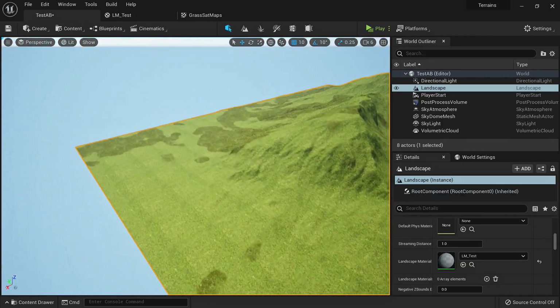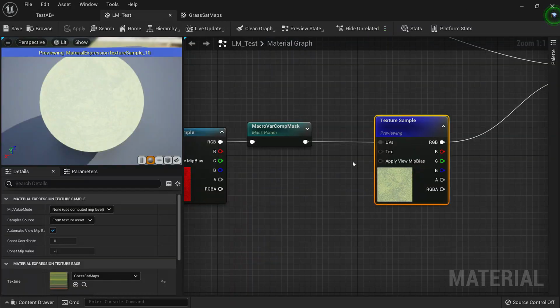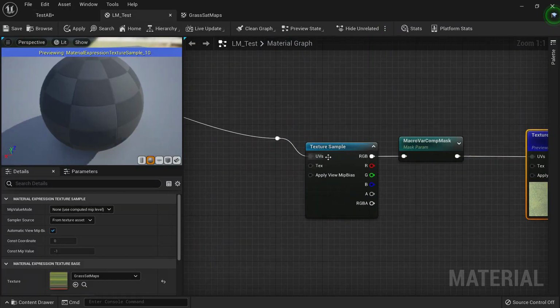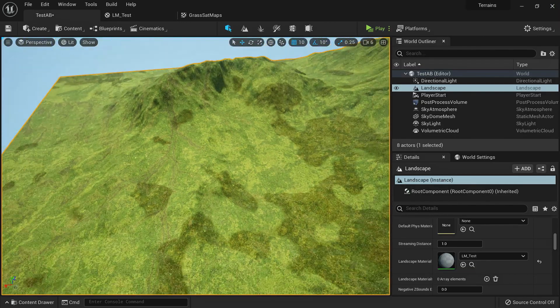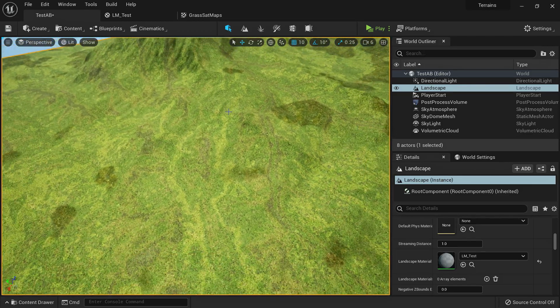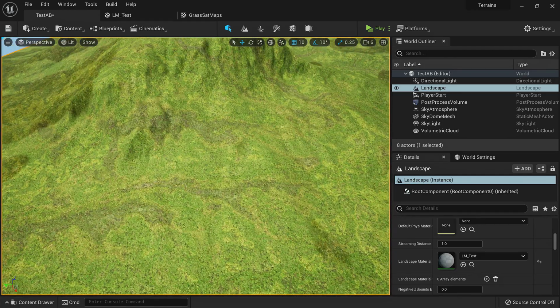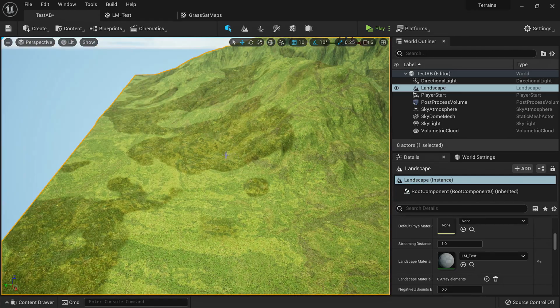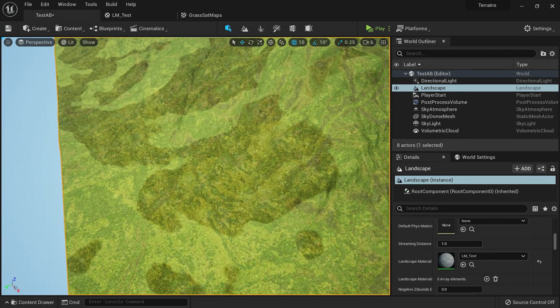And this is not the result I wanted, and something is wrong. We forgot to plug in the UVs. So after plugging in the UVs, look at that. We have this amazing color variation based on the flows in the cavities, and it looks much more natural than before. And these light and dark values were from the color difference from our actual textures.